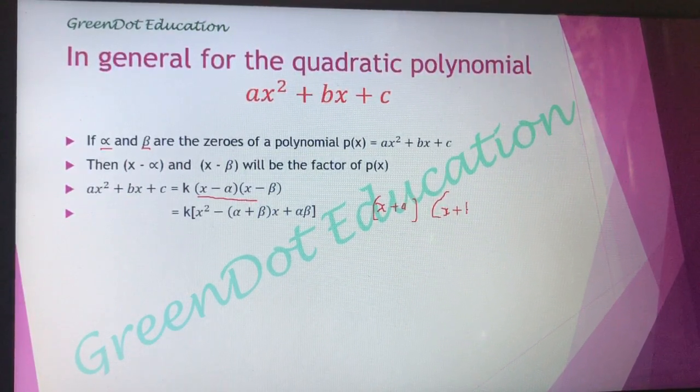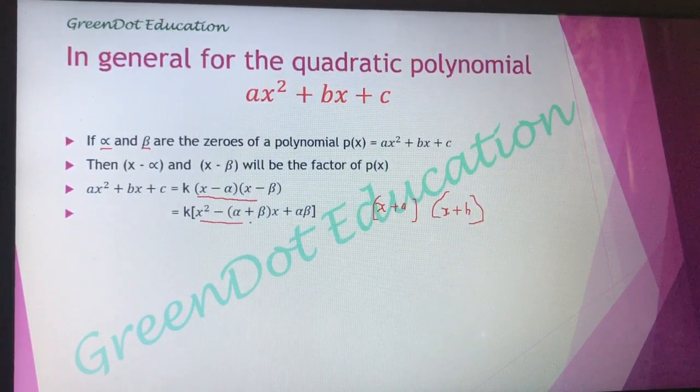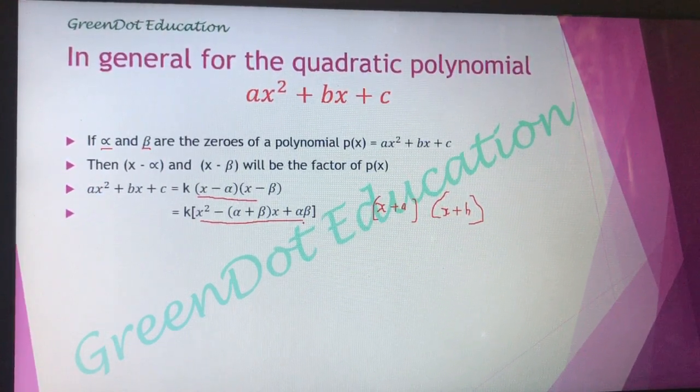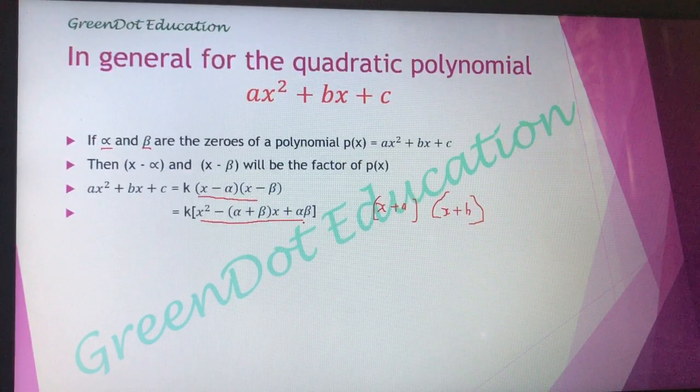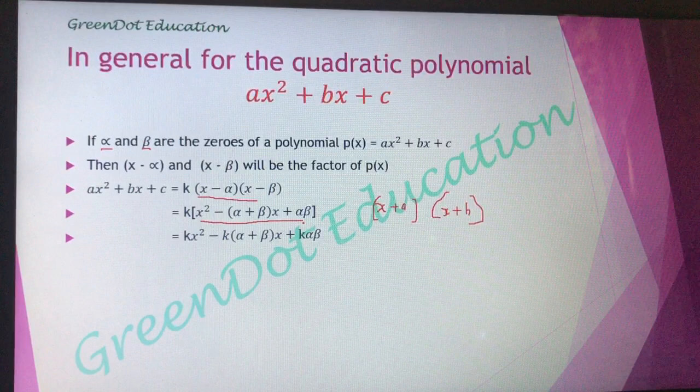So using this identity, when we expand these factors, we get x squared minus alpha plus beta multiplied by x plus alpha beta. Again, multiplying this expansion with the real number k, we get kx square minus k alpha plus beta into x plus